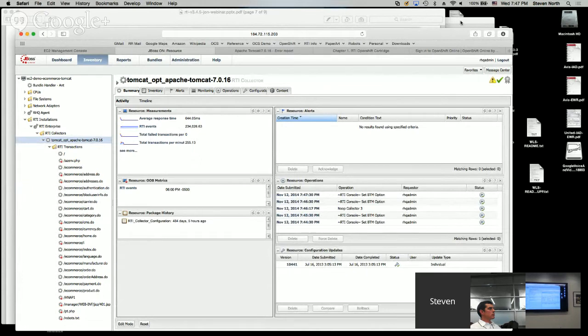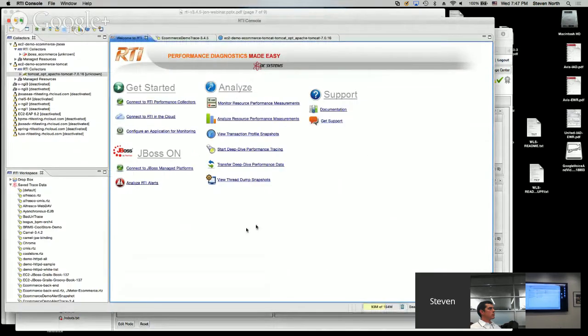Now when we want to move to the deeper level, we'll switch over to the RTI console. What we have is a welcome page here. We have a number of links for the common workflows that you do with RTI, and we'll go through a bunch of those. As I showed in one of those diagrams, since the performance data is kept locally on the host where it's collected, what you do with the console is